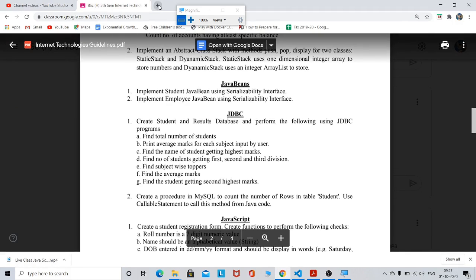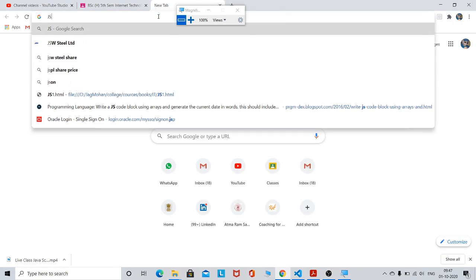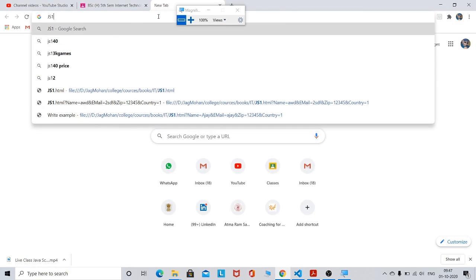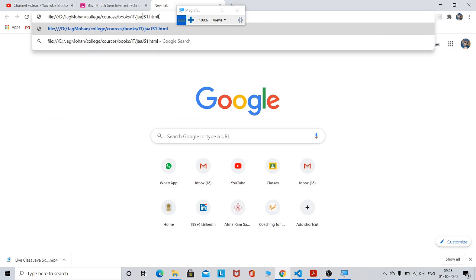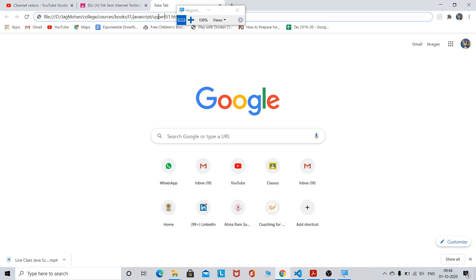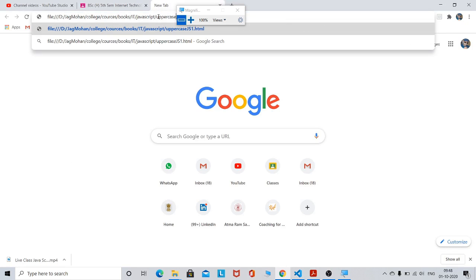Open. So you have to type the address of the file here. The name of the file is uppercase.html.